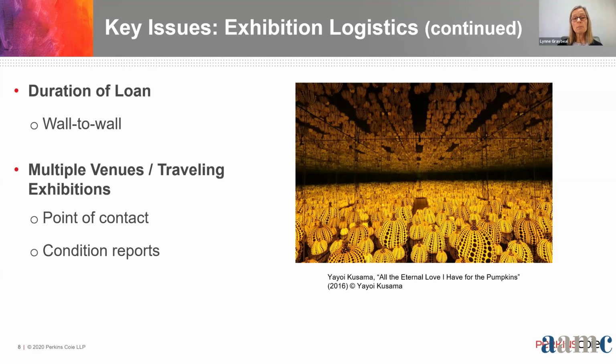From the lender's perspective, you want a single point of contact because if there's a problem, often it is the initiating museum that has negotiated the additional venue agreements, and the lender has not had direct contact with the venues